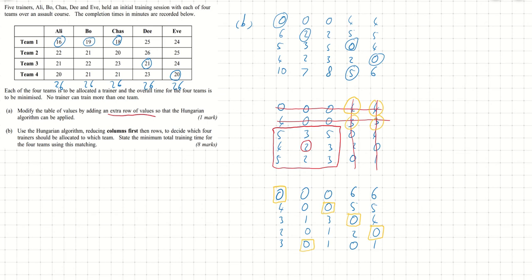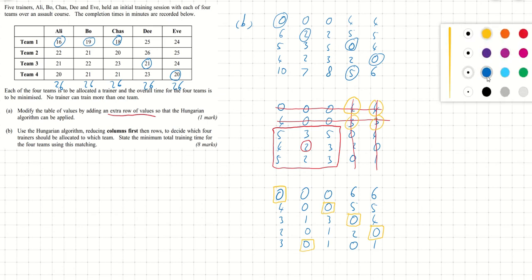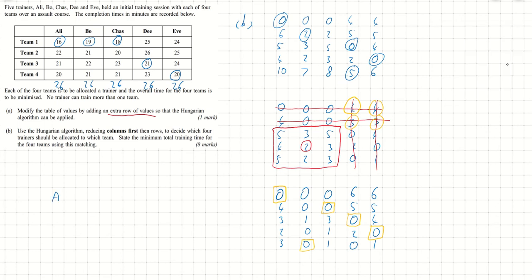And the question says we have to work out the minimum training time. So let's see. The first row, first column, so that means Ali is getting team 1. Second row is the third column. So Chaz is getting team 3. Third row, it's the fourth column. So D is getting team,